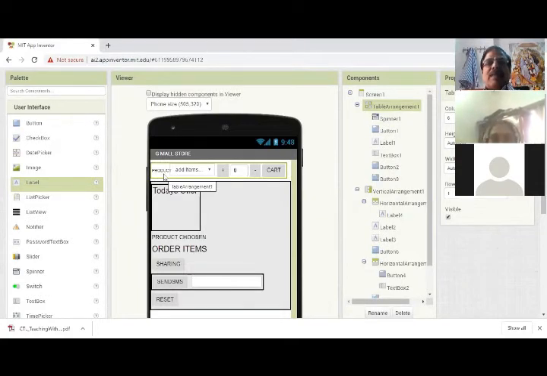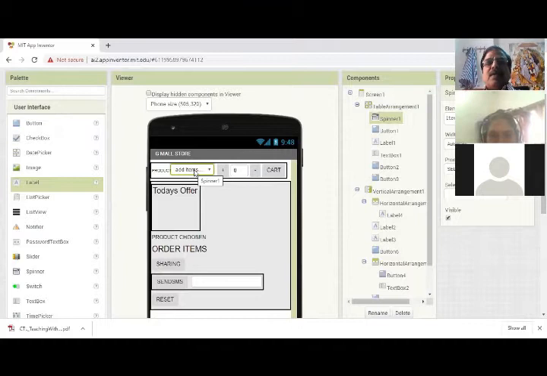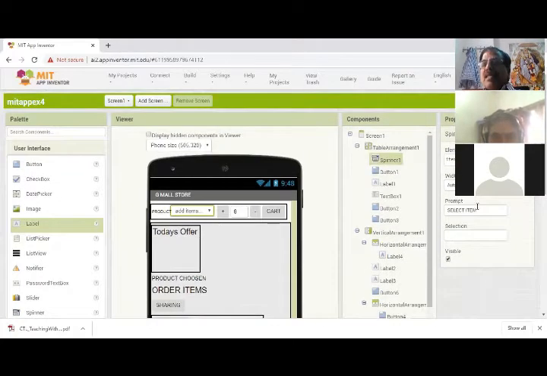So the first one is a label that has the product name. You can click it. Next I am adding a spinner so that you can add items. In the design part, I can use it as a string like items. This is the element. Suppose I add rice, oil, coffee, and I can add some more elements also, according to my needs. Normally for a dynamic application, you get it from the database. See here, I am going to use a plus for adding an item.